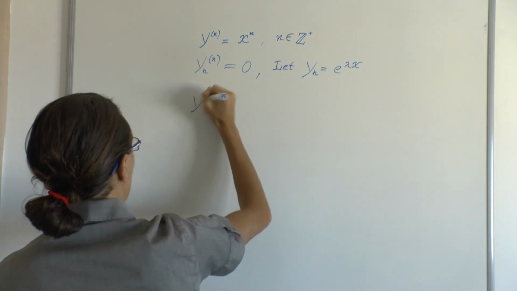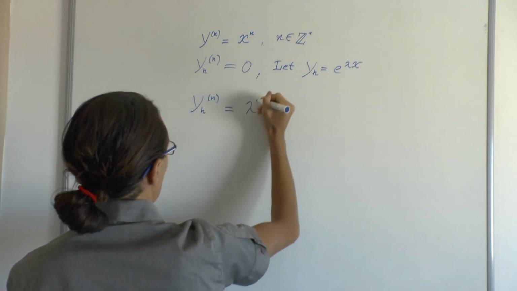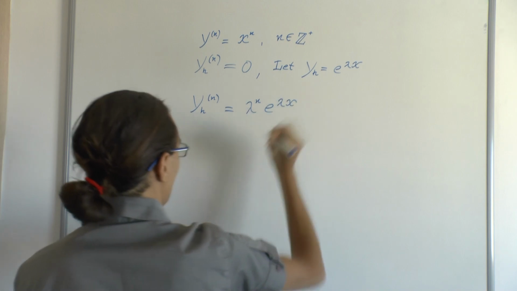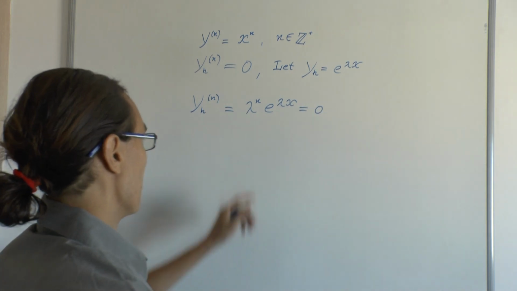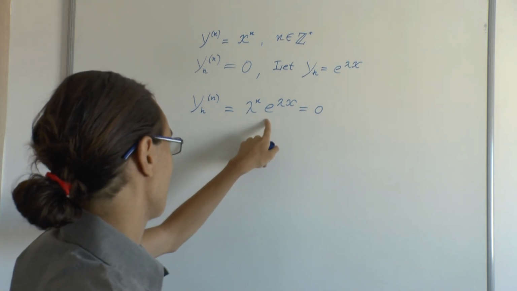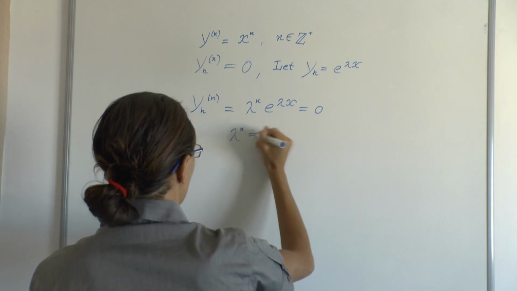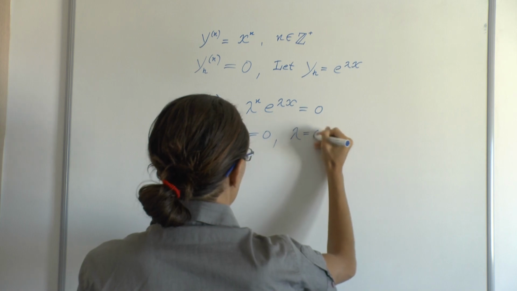When we differentiate that n times, it's just lambda to the n times e to the lambda x, and we want that to be equal to 0. But since e to the lambda x is strictly non-zero, we conclude that lambda to the n is equal to 0, or that lambda is equal to 0